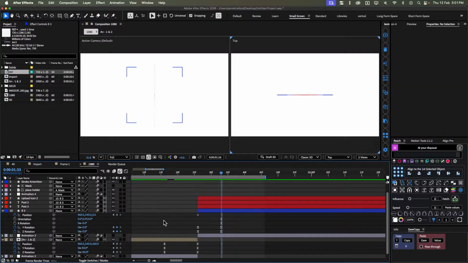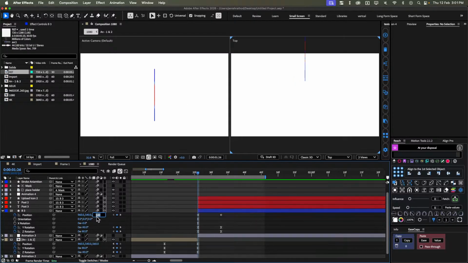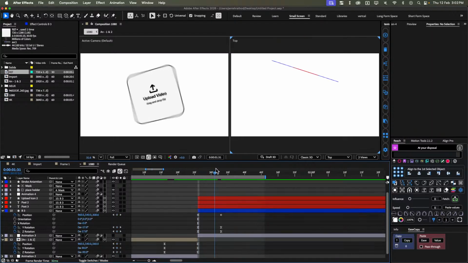Add a position keyframe, add a second keyframe, and here set 540, come like this, and I will double this like this, and it will look something like this. Okay,